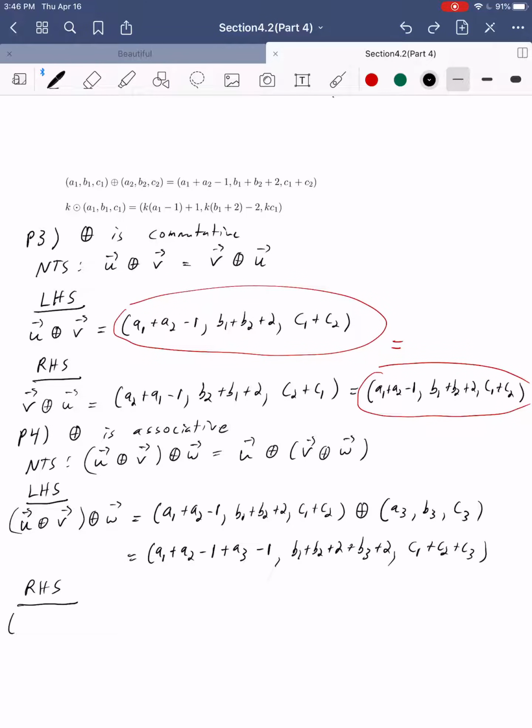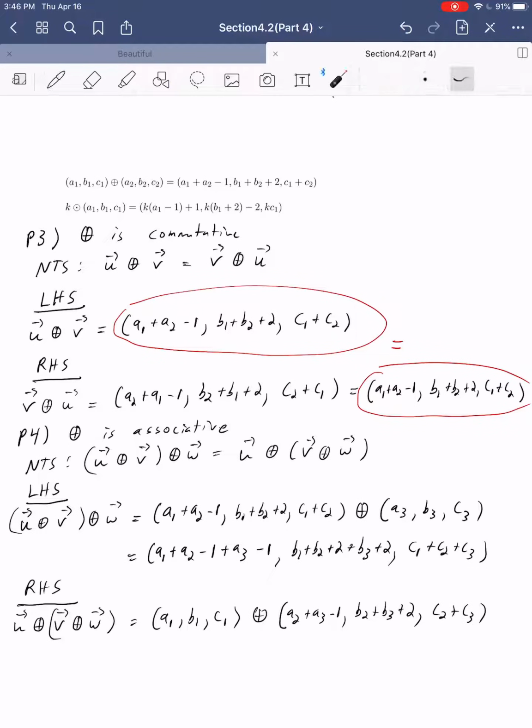So on the right-hand side, we're doing U and then plus V plus W, where we're deciding to do the V plus W first. So that's going to be A1, B1, C1 plus, and if we add V and W, that's going to be A2 plus A3 minus 1, B2 plus B3 plus 2, and C2 plus C3. Then same operation, we add this, and then subtract 1, add this, and then add 2, and then add these